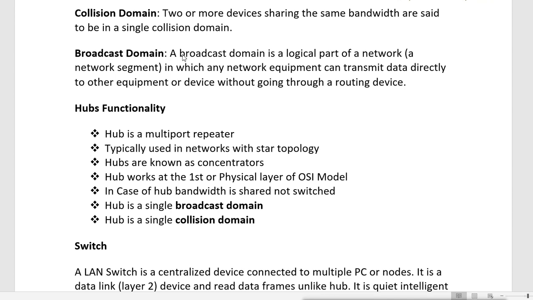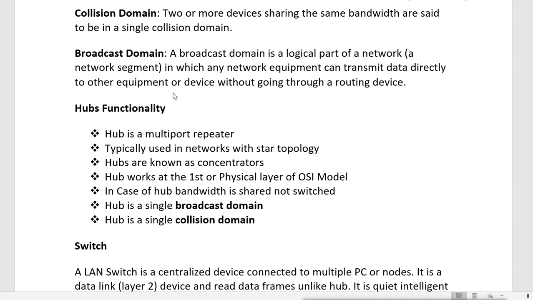A broadcast domain is a logical part of a network segment in which any network equipment can transmit data directly to other devices without going through a routing device. So it remains a single broadcast domain also. One device can send data to any other device without going through the router. It is a single segment.